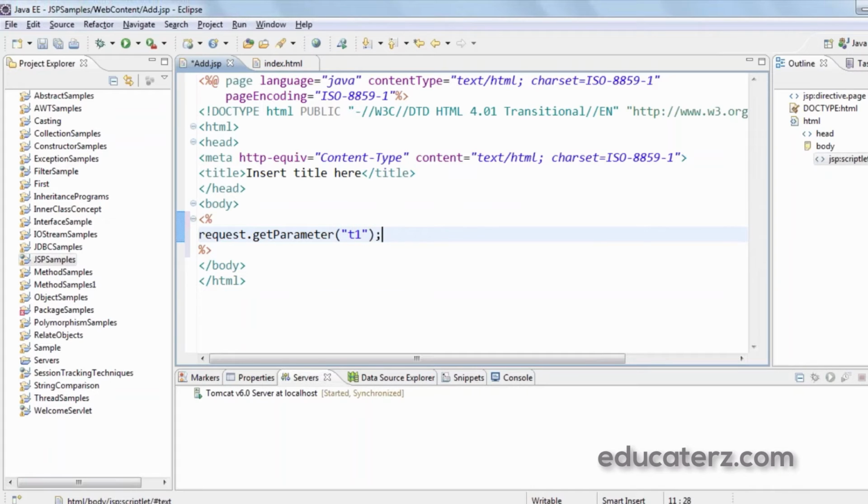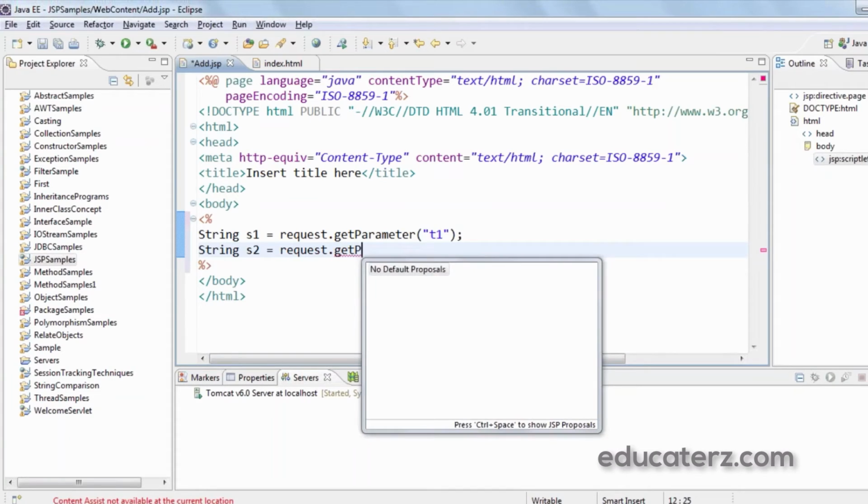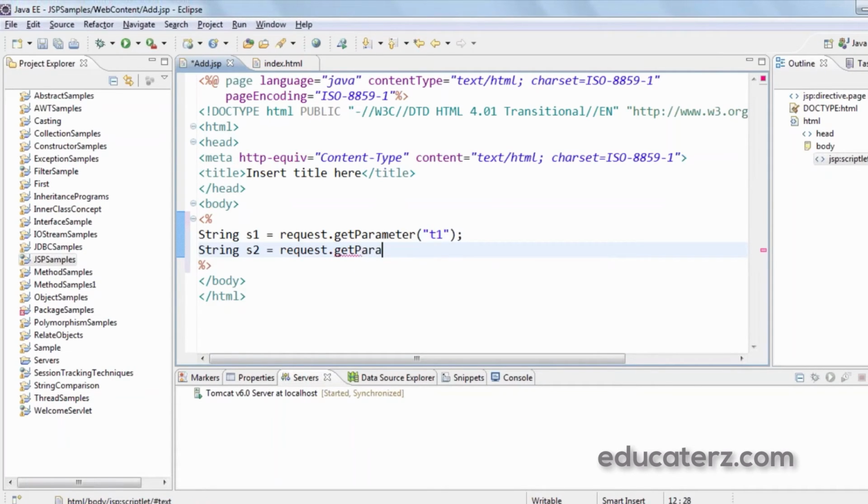The request always retrieves a string, so I capture it in a string s1. Similarly, another variable, string s2 equals request.getParameter of t2.